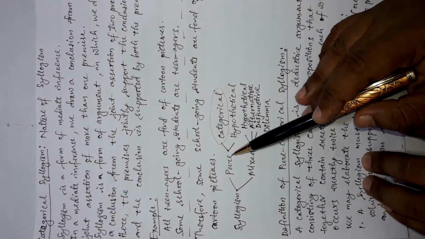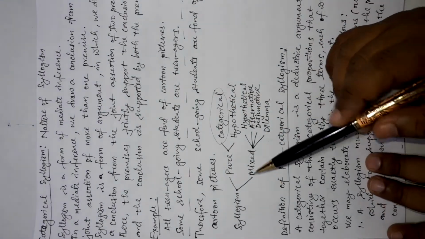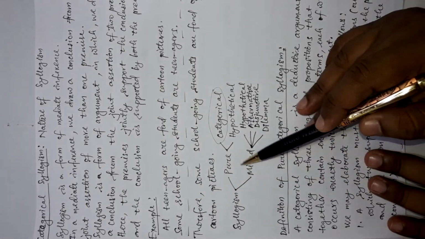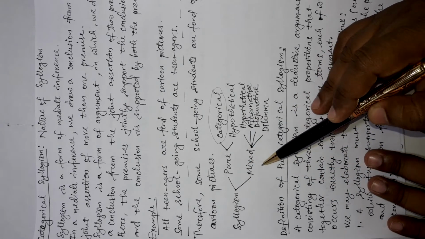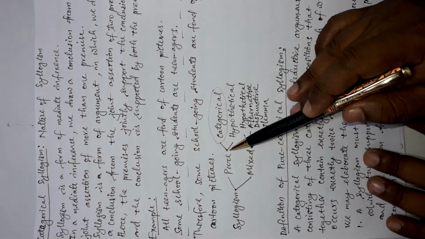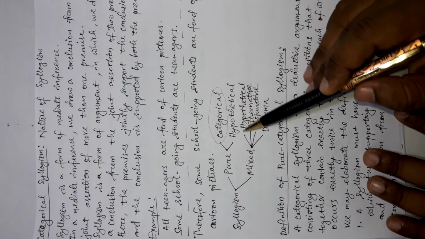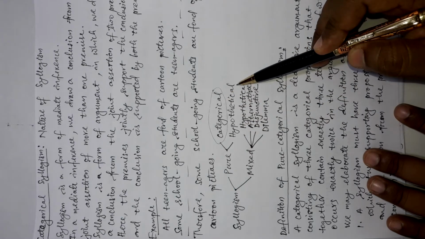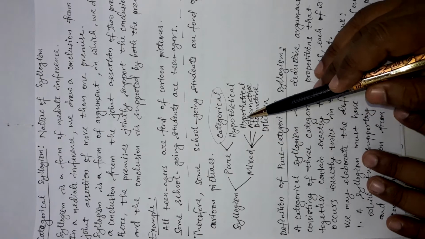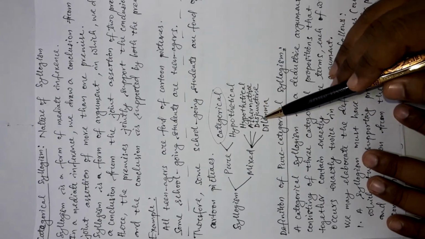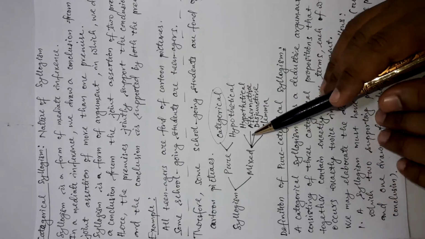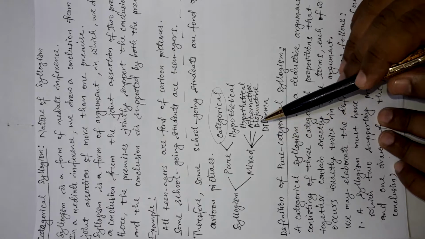Okay. Now, we can graphically see what we have discussed in the previous videos. The syllogisms are categorized in two ways, they are pure or mixed. Pure syllogisms are also of two types, categorical and hypothetical, and mixed syllogisms are divided into 4 categories. They are hypothetical, alternative, disjunctive and dilemma. These are all things we discussed in our previous videos of logic.